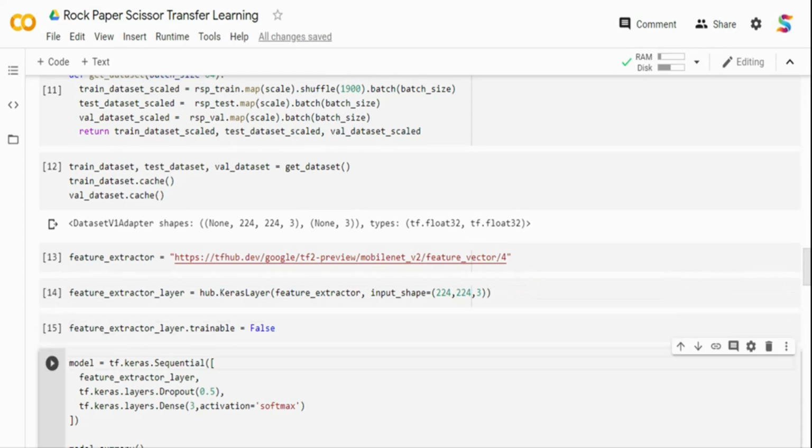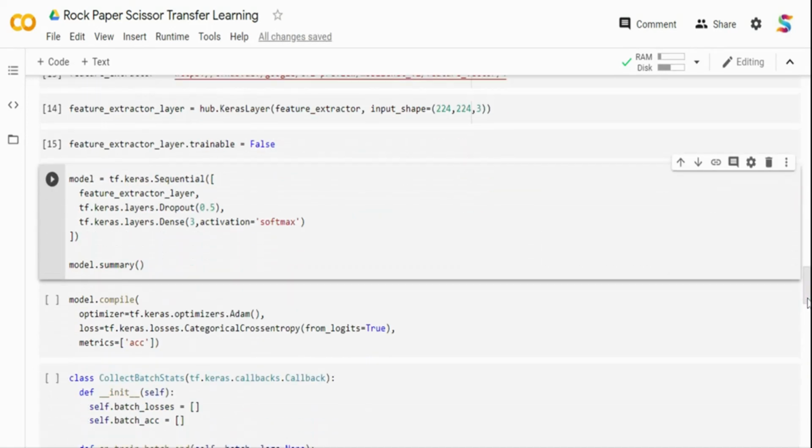That's what I'm telling. In some cases, when your problem is slightly different than the underlying pre-trained model it was defined on, maybe you want to train a few upper layers of it. Neural networks work as pretty good feature extractors. The initial few layers try to understand the high level features of the image, like the edges and everything. So you can go upper and start training the other layers if your data is pretty different than what it was trained on. But here I'm just going to attach the classification.